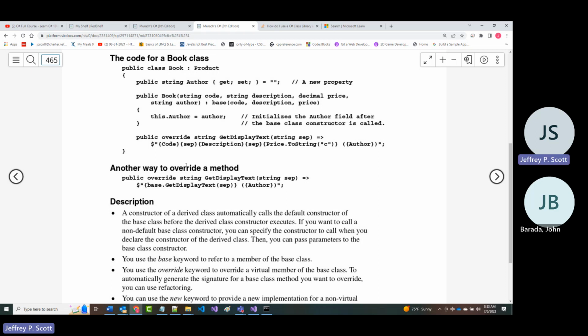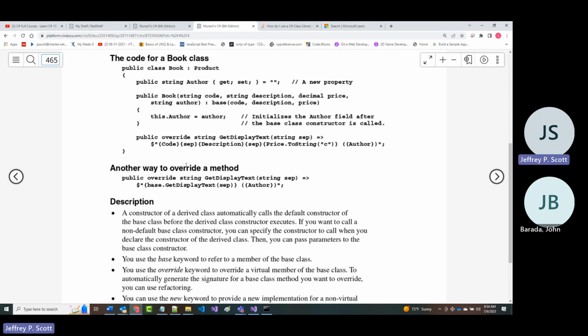That means that that author property is available to any book object that we create, but it is not directly available to product. All right. So again, things that we set up for the children are not directly accessible by the parents, but anything we set up to the parents is available to the child.